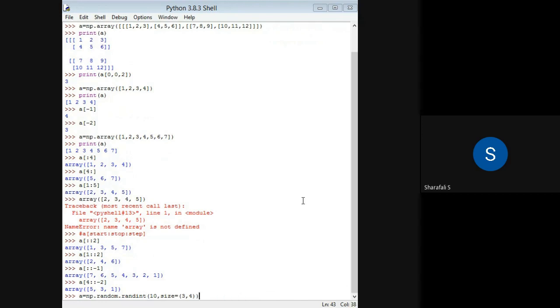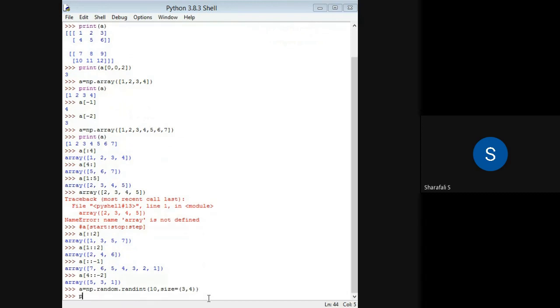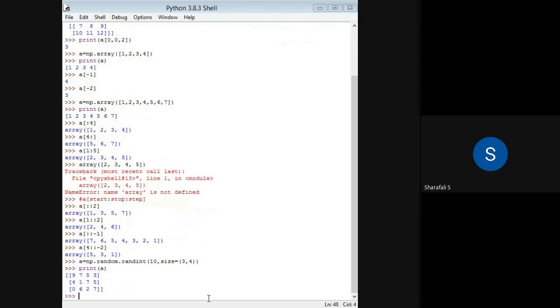I think I have closed all brackets here. Yes. Okay, now if I press enter here, and if I print that one, okay, and I will be getting a 3 by 3 matrix. You can see here, for a 3 by 3 array, you can specify the 3 rows and 3 columns, with all those elements randomly generated integers up to 10. So this is how we can use the random function to generate random integers, and that can also be used to create an array.